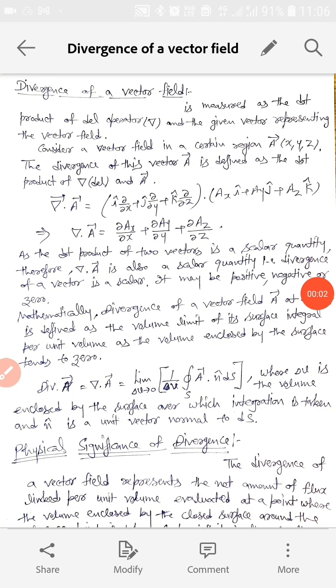Hello students. So today we will start our next topic, which is divergence of a vector field. Earlier we did gradient of a scalar field, and now we will do divergence of a vector field. This nomenclature is very important. We will discuss it later. So divergence of a vector field is defined as the dot product of del operator and the given vector